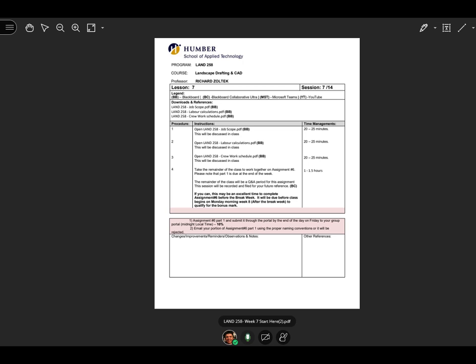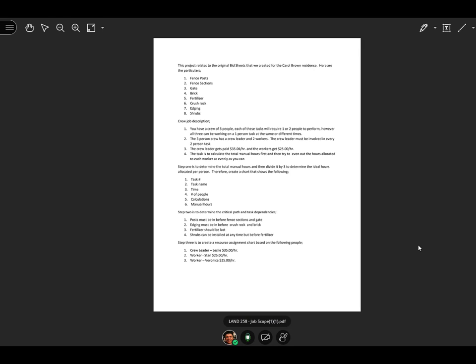So the first thing we need to do is look at the job scope. A job scope is basically something that identifies what's going to happen. Okay? Now, in the case of the individuals that have posted on the jobs that I put online,